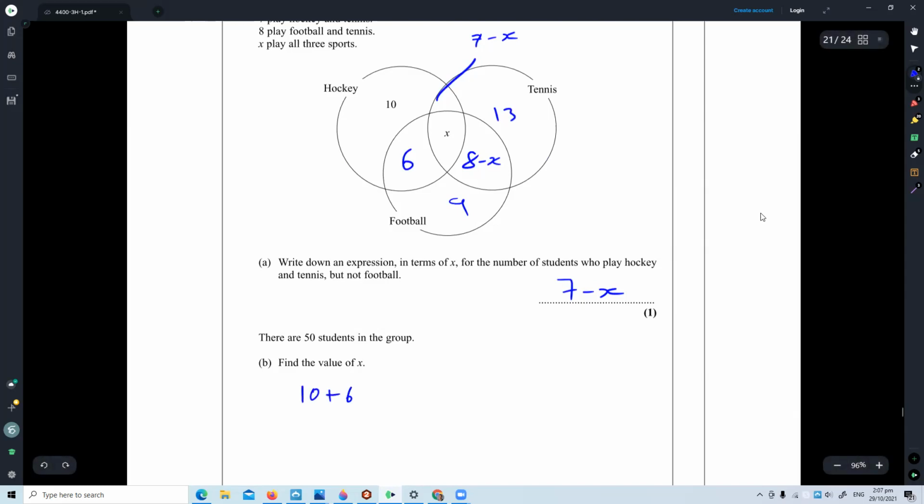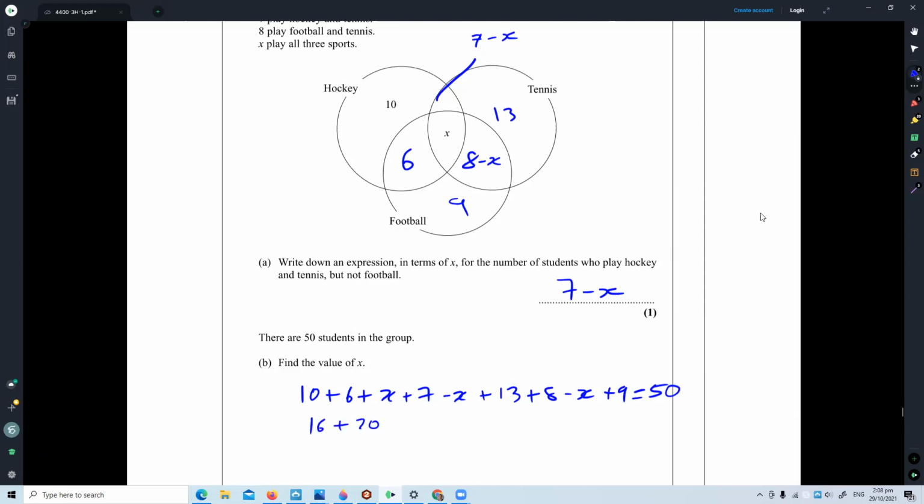So 10 plus 6 plus x plus 7 minus x plus 13 plus 8 minus x plus 9 equal 50. I'm trying to make a nice 50 here at the end. Okay, 10 plus 6, I got 7 and 13 here. That's a nice 20. So I get 16 plus 20, x minus x cancels out. And then 8 and 9 is 17 minus x equal 50. So let's see, 16 plus 20 is 36. 36 plus 17,